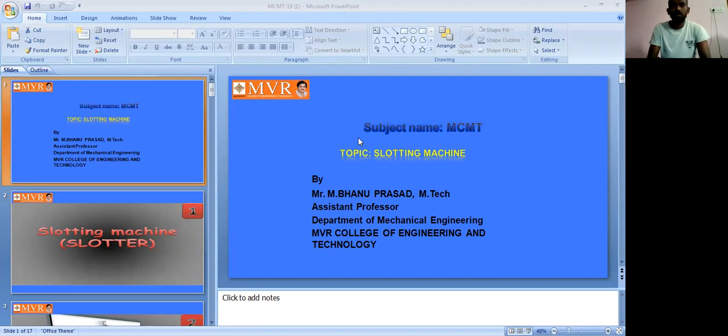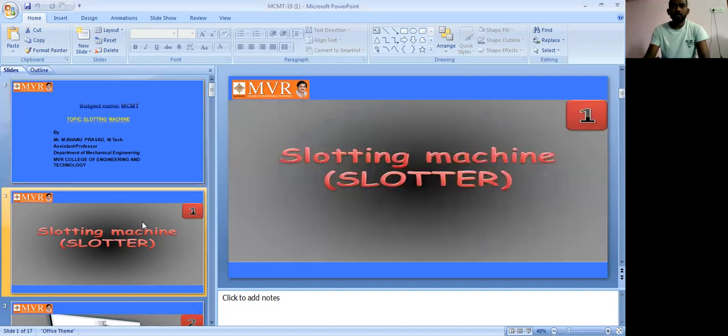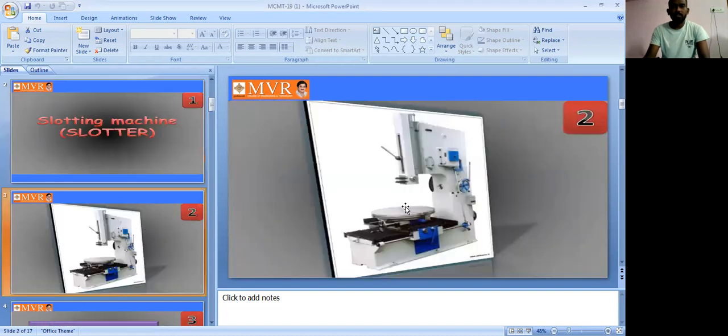In ordinary machine tools, we have shaping, slotting, planing, drilling and boring. These are the five different topics, and the second topic is the slotting machine. See here, the block diagram of the slotting machine. Just for visualization, I will show this diagram of one slotting machine. A detailed diagram I will show you.